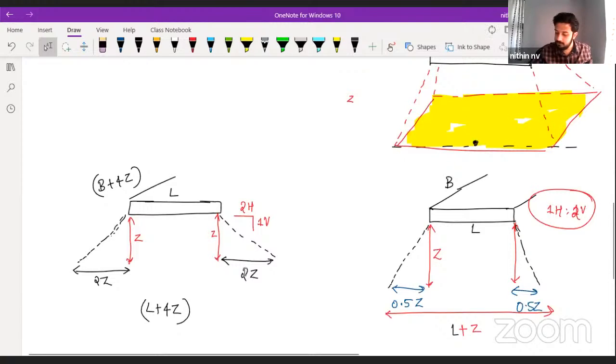Prachi, I think you joined a little bit late. I have explained here simply. Whatever the width and length is depends upon the distribution they are giving. Simply 1 horizontal, 2 vertical means what? For 1 horizontal value, we have to make this like that. Similarly, they have given in this question, one vertical to 2 horizontal as the distribution. Means if we are going one vertical, we have to